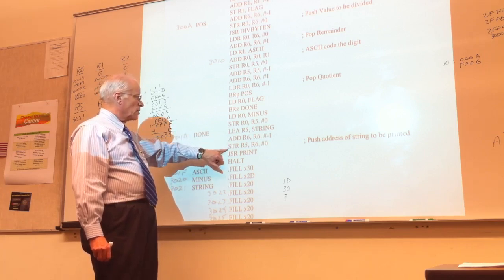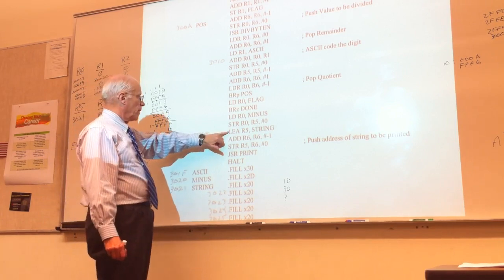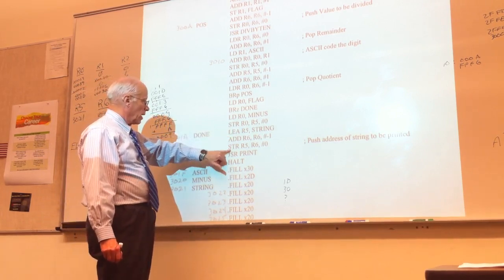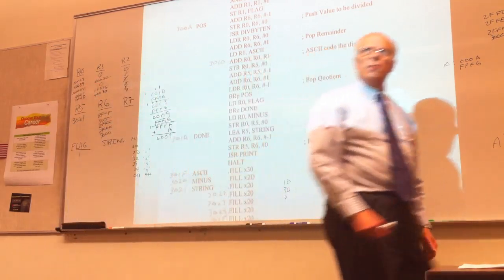I push that out on the stack. I decrement this down to 2FFF and store it out there, and then I jump to the print routine, which, just to make a really quick look at the print routine,